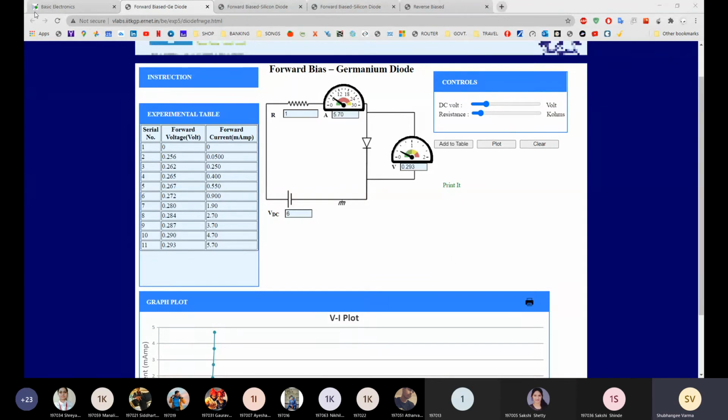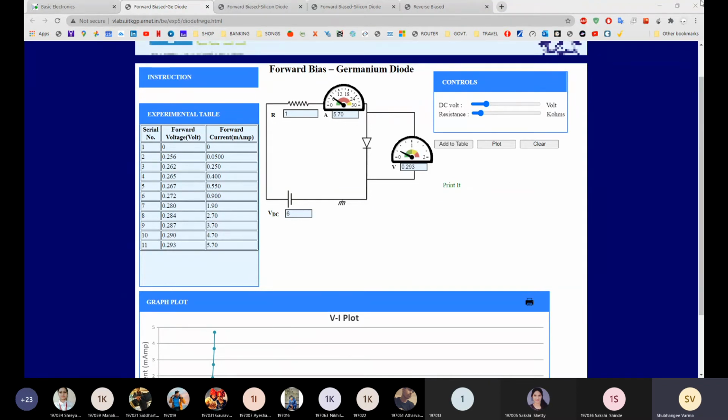Okay, and now you can take a print of this paint, and when you take a printout, you have to write down the external voltage over here. You have to write down the external voltage. Here your external voltage is 0 and 0.2. This is 0.3, 0.4, 0.5, up to like this.